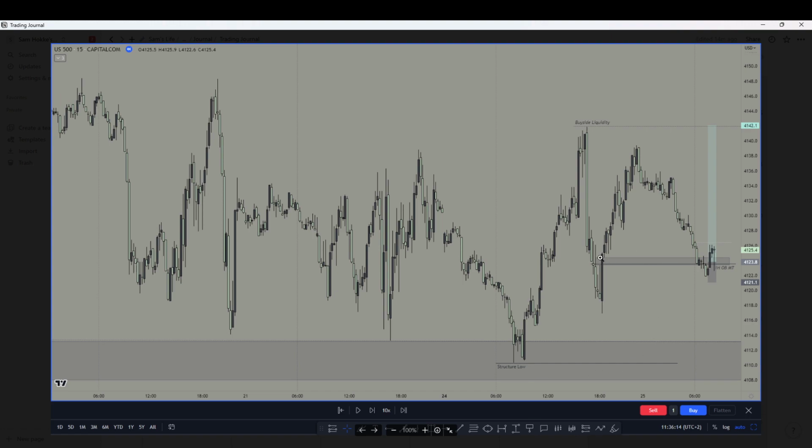What I saw, we came back into the 15 minute fair value gap and the 5 minute fair value gap that will be shown later on. I thought this was our structure low. I had this as my structure high. So within there we can see what is the structure that happened. We had a retest here and from there on a push higher.